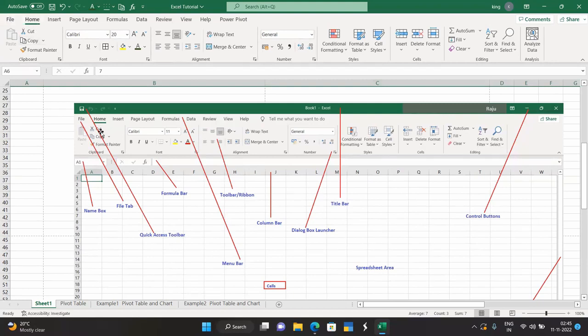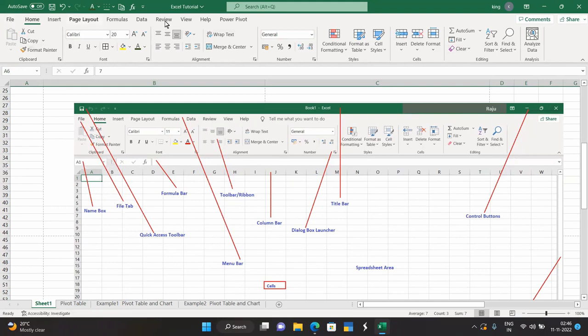So coming to other important parts, we completed our discussion about the quick access toolbar. We also completed our discussion about the title bar. The name of our document will be displayed at the title bar, along with the username and ribbon display options, and we discussed the shortcuts like Control F1, Control Shift F1, and minimize, maximize, close. These are called control buttons. Coming to the next option